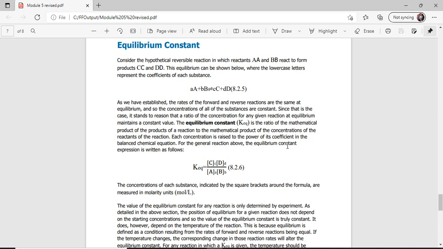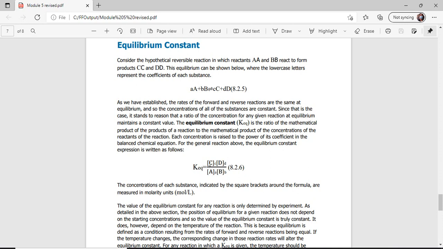The equilibrium constant or Keq is the ratio of a mathematical product of your products of a reaction to a mathematical product of the concentration of reactants, where each concentration is raised to the power of its coefficient in the balanced chemical equation. For the general reaction above, the equilibrium constant expressed sa aton nga formula for your equilibrium constant is equal